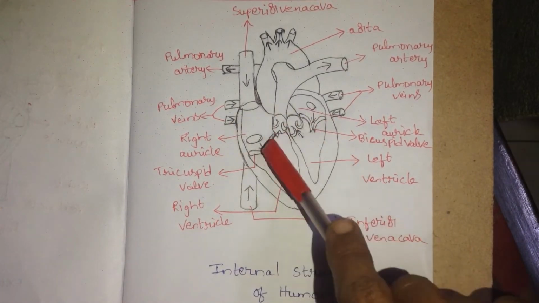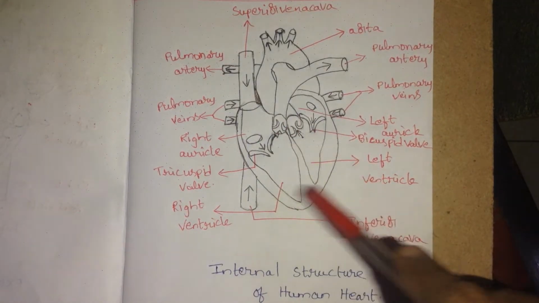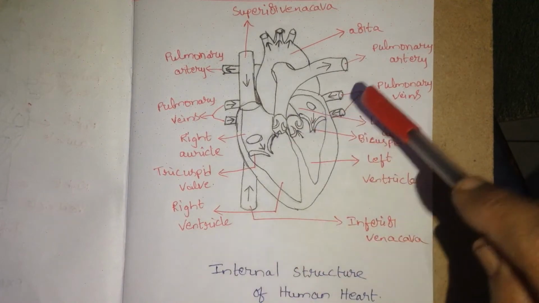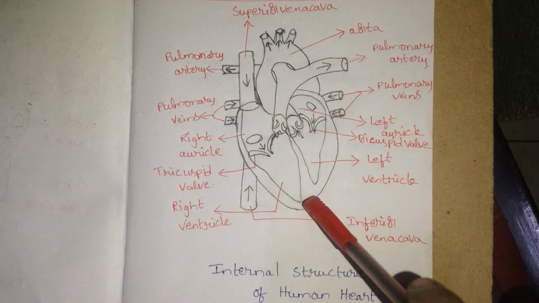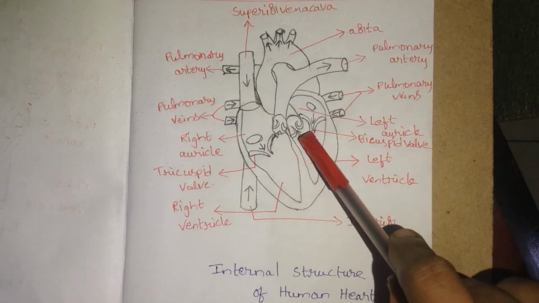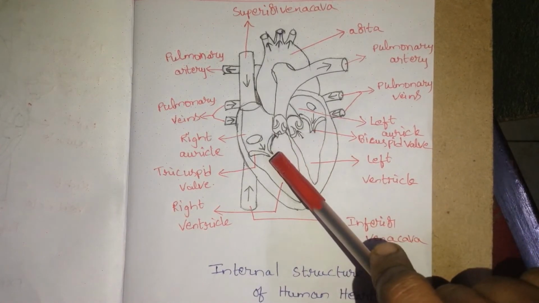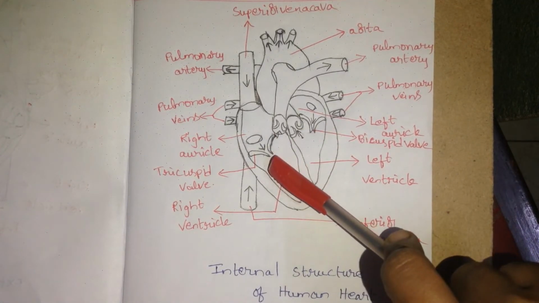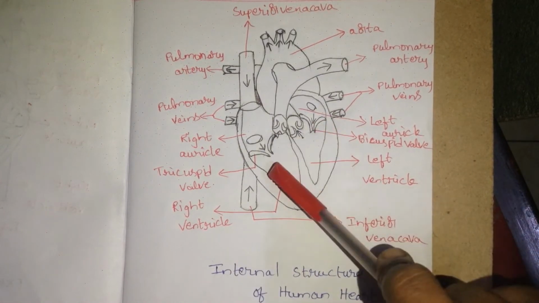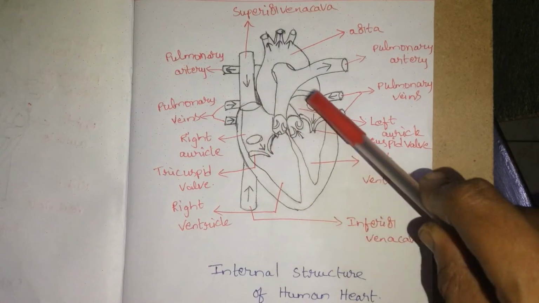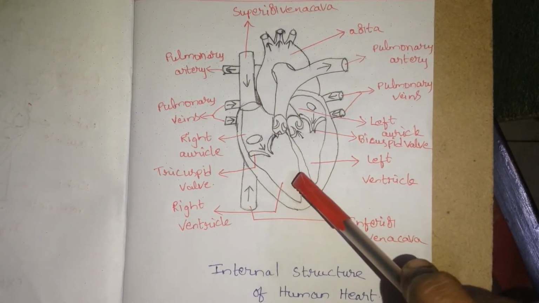Between these auricles and ventricles, the blood flows and pumps oxygenated blood to different body parts and deoxygenated blood to the heart. The flow of blood is regulated by small openings between the auricles and ventricles. These small openings are called apertures. The blood flow from one chamber of the heart to the other chamber is regulated by valves.